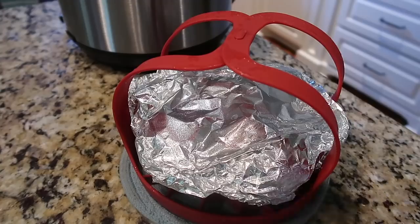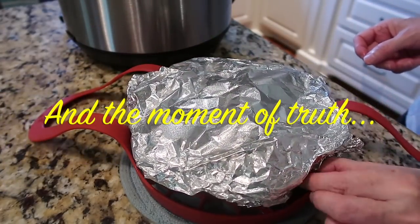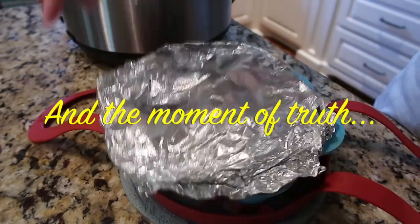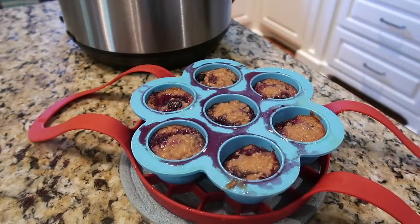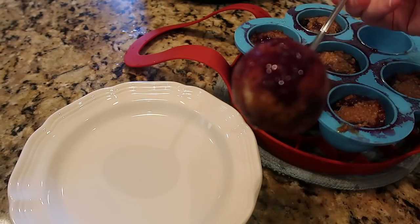I picked this recipe to try because I love oatmeal. I eat it every morning for breakfast, especially this time of year with fresh blueberries. These oatmeal bites look delicious. I put a little powdered sugar on top, and then we both tasted them, and I remembered now why I